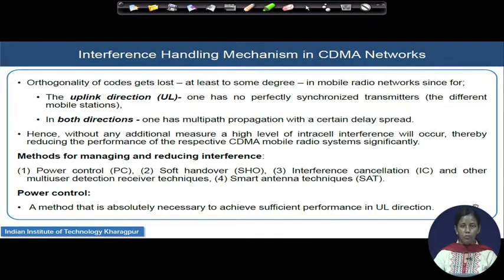Now, which is more critical that we need to understand? The orthogonality of the codes gets lost, as we understood to some degree, in mobile networks, in the uplink direction as well as in the downlink direction. In the uplink direction, it is because a perfectly synchronous situation among the different mobile users we cannot ensure, but in the downlink direction,